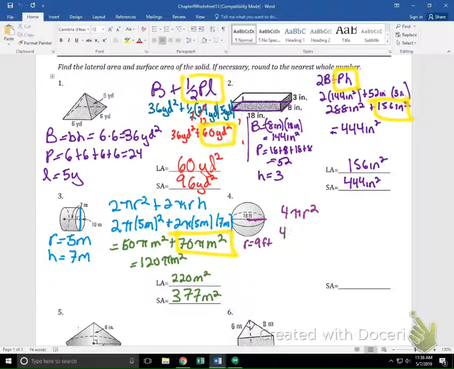So now we're going to substitute that in. We get 4 pi 9 feet squared. 9 squared is 81. 81 times 4 is 324. 324 times pi. You said 324 times pi? Yep. That is